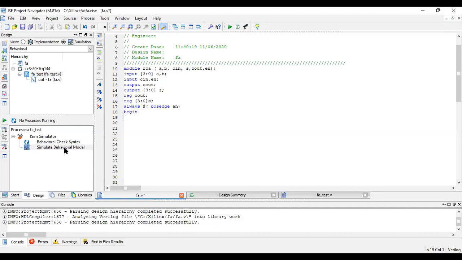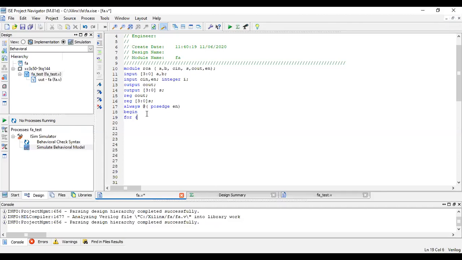Before calling the task, we know that it is 4-bit. So we'll use a for loop over here, similar to the function. First, we will initialize the integer i, because we are using a for loop. Now begin.